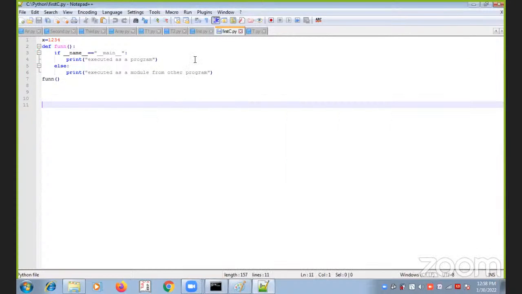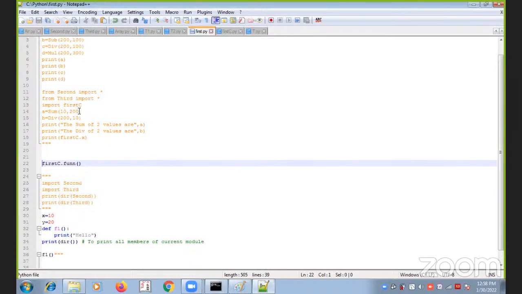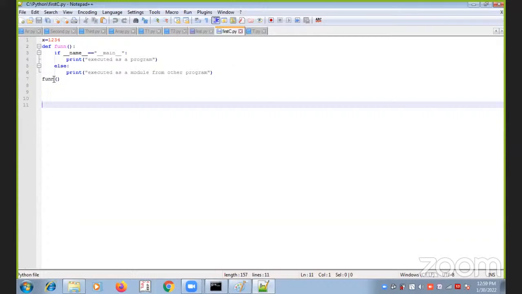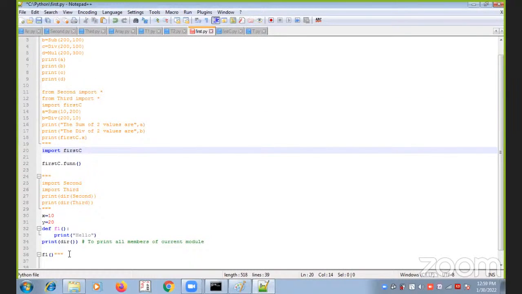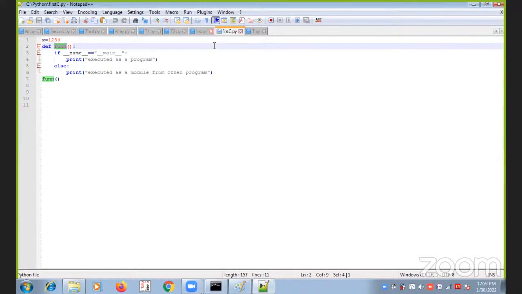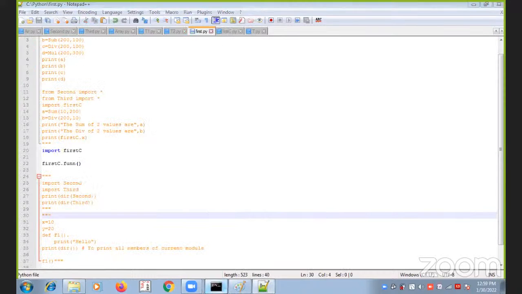Clear? Now here what I will do, I will import this. Means import first capital C. I am just importing this, and now I am calling this function. Which function? Whatever is there, fun, I am calling here. Now, since I am importing this and calling it, I am not calling directly here. I am importing this here and then calling. Now you execute